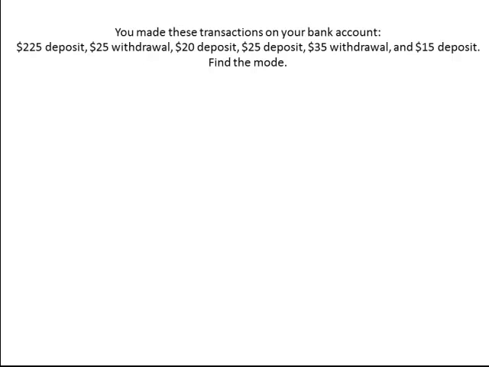First, we'll list these numbers in order from smallest to largest. We'll represent the withdrawals as negative numbers and the deposits as positive. The smallest value then in our list is a $35 withdrawal, or negative 35, followed by negative 25, followed by